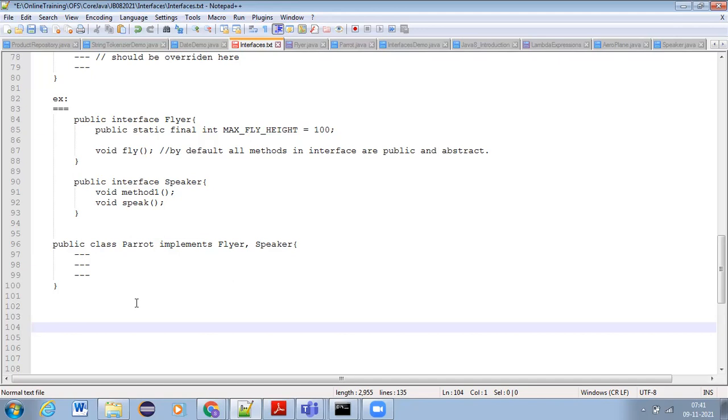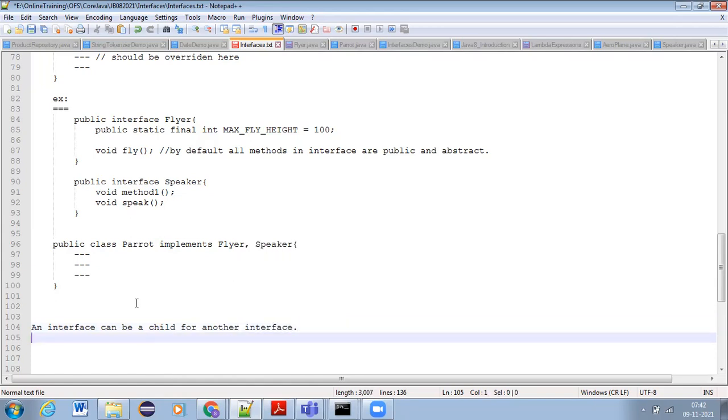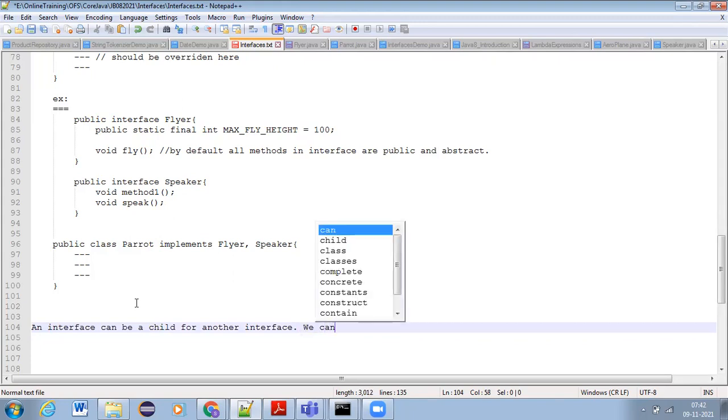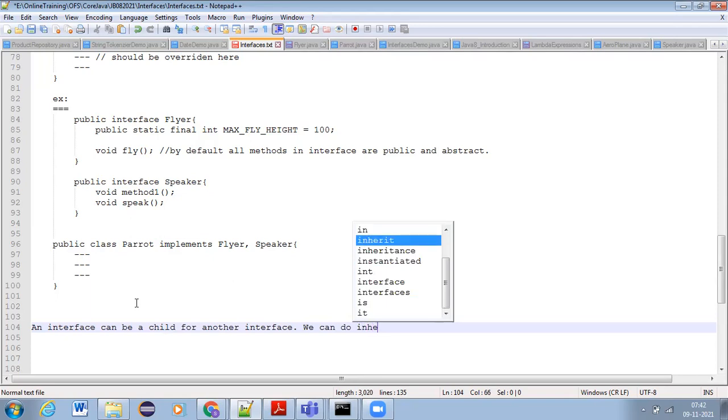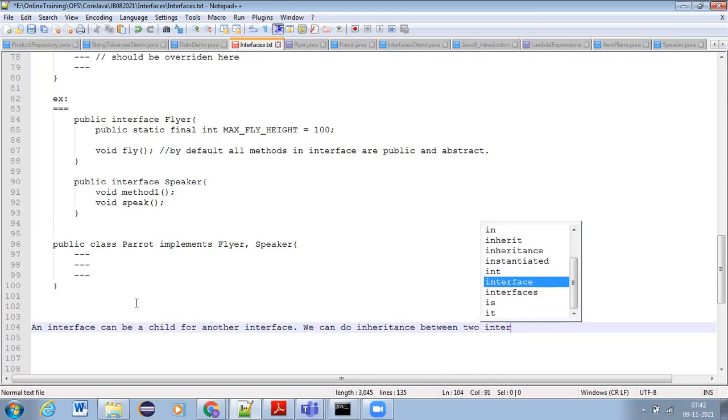So an interface can be a child for another interface, or we can do inheritance between two interfaces also.